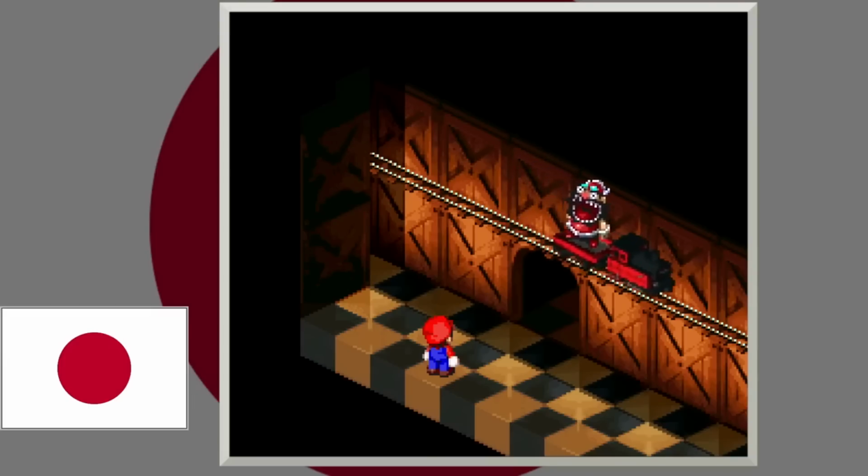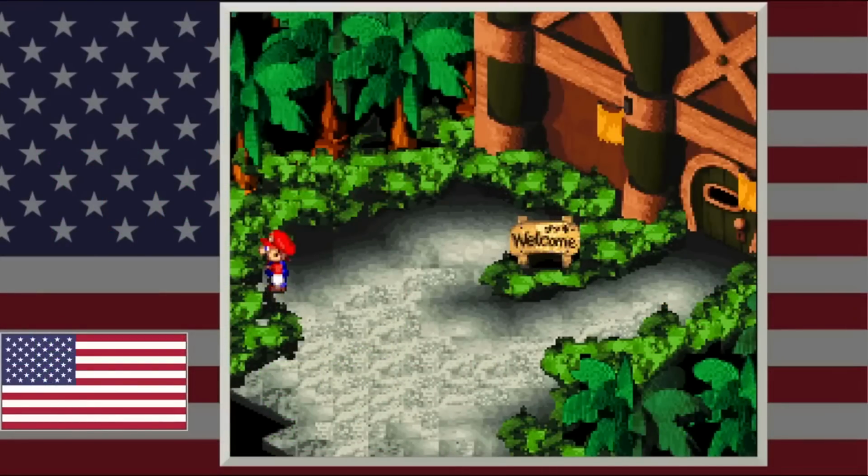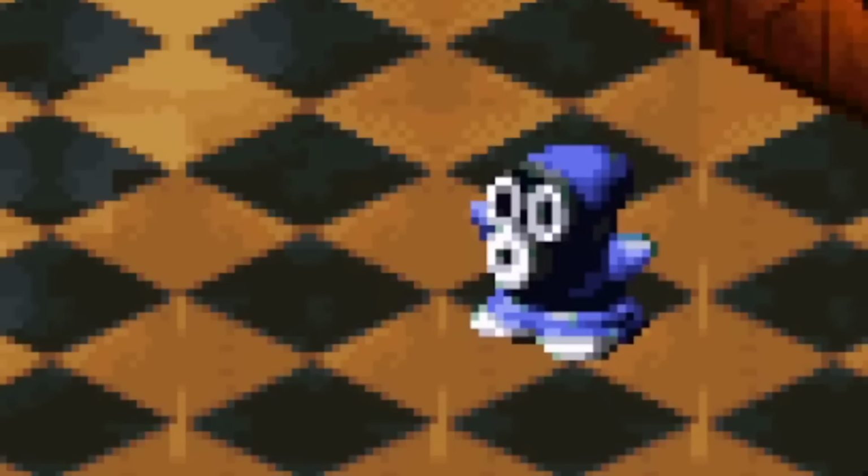Also, another weird thing is that Booster is known as Buki over in Japan, and you can see his Japanese name written out above this welcome sign, and that Japanese lettering was never changed for the US version, which makes for another interesting lack of change. And this enemy you should already know is a Sniffit, but in Super Mario RPG for the US, they call